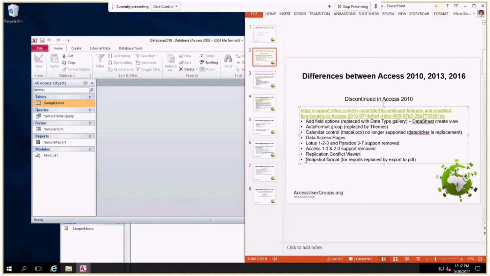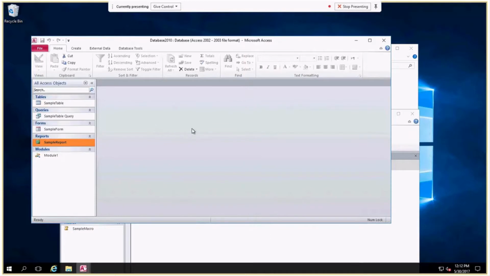And also in 2010, there is no longer a snapshot format for reports. It used to be that when you ran a report,